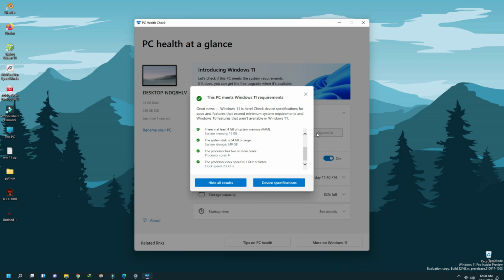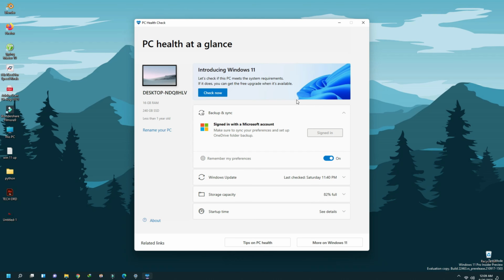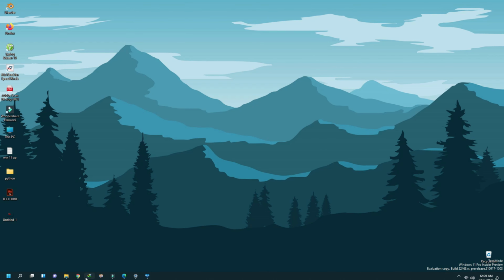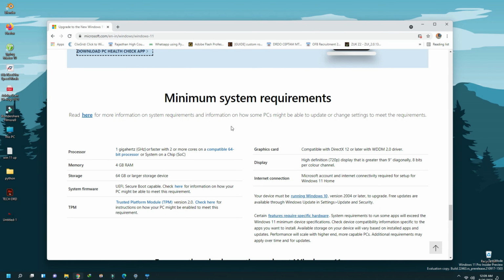Okay, so this is how you can check the Windows 11 requirements for your PC, or find out whether your system is compatible to run the Windows 11 OS or not. And besides that, all these things are also available on the website.